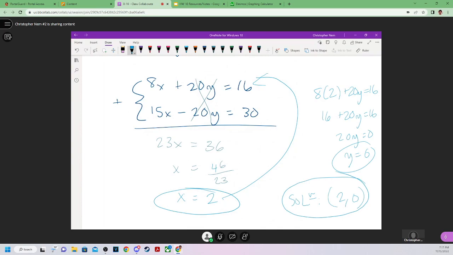So that covers it for substitution and elimination. We learned 3 different methods for solving systems. The first one we look with, which we didn't really talk about as much,